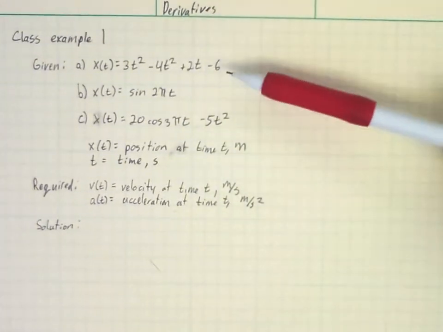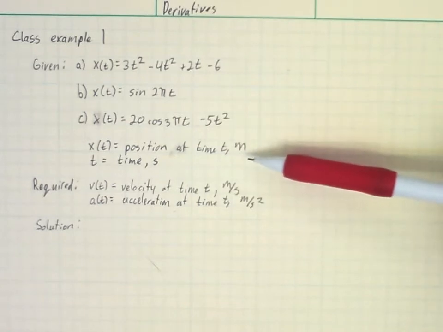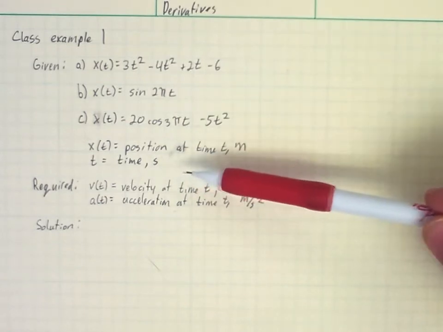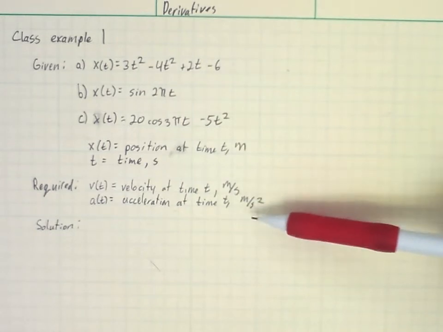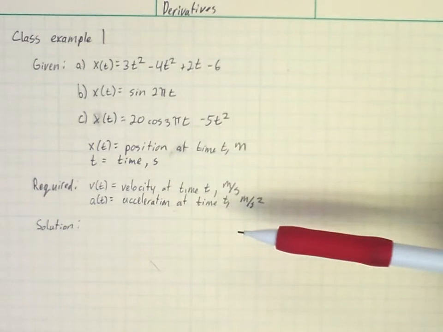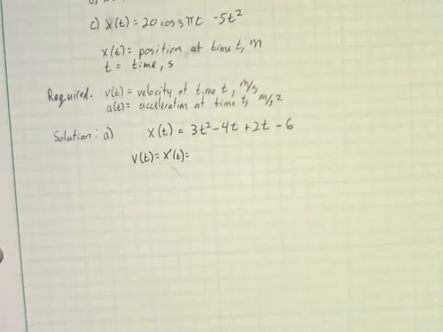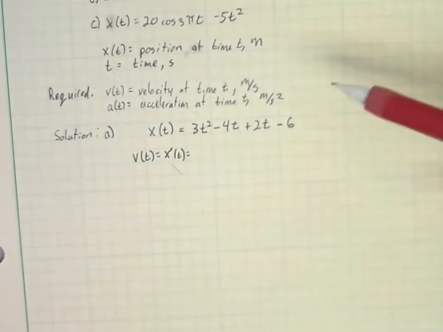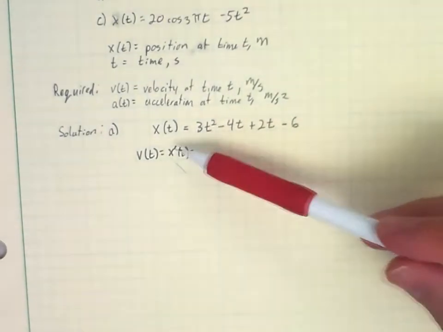We're given these 3 functions, where x of t is the position at time t in meters, and t is the time in seconds. We're required to determine the velocity at time t in meters per second and the acceleration at time t, which will end up being in meters per second squared. Okay, and so we know that for the position function given for part A, the velocity is the derivative of